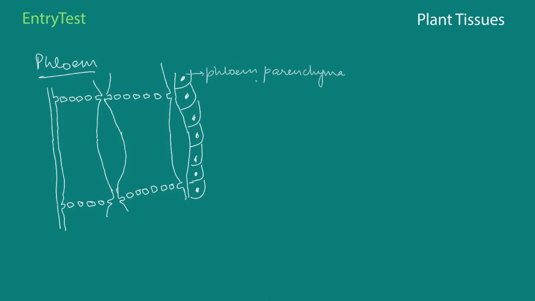These little openings that you can see, these are known as sieve pores. And this cell that you can see over here, that is the companion cell. Sometimes it can be in the form of one single cell. Sometimes there may be perforation and they can be made up of two parts, each with a nucleus. So this is the companion cell. And what you see in the middle, this area, this is known as a sieve tube element.